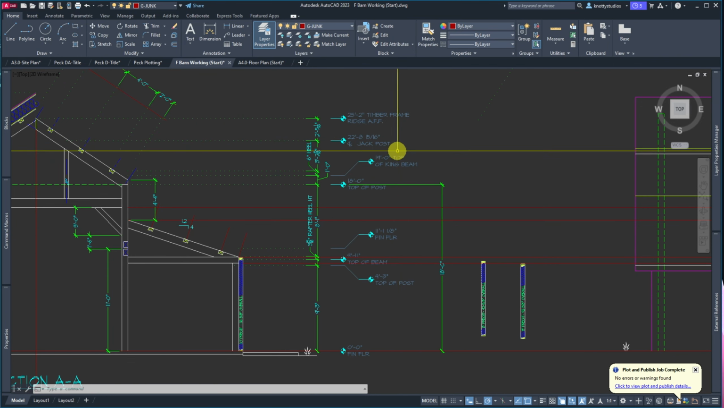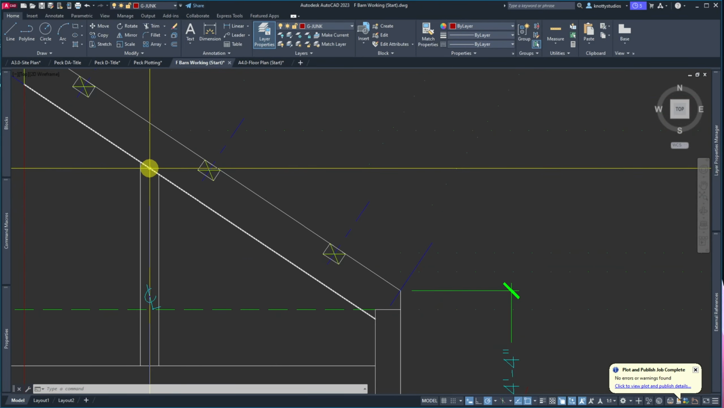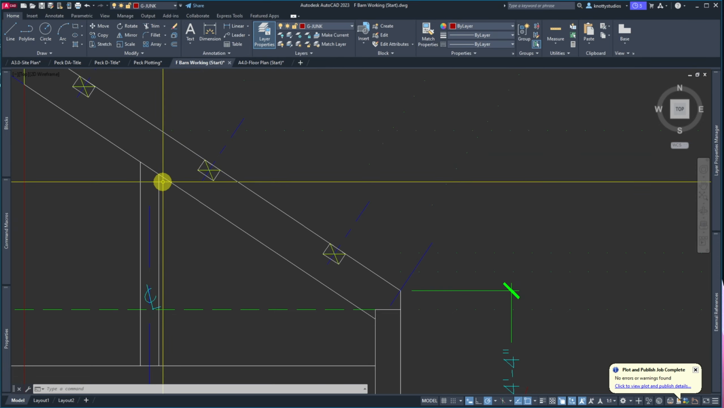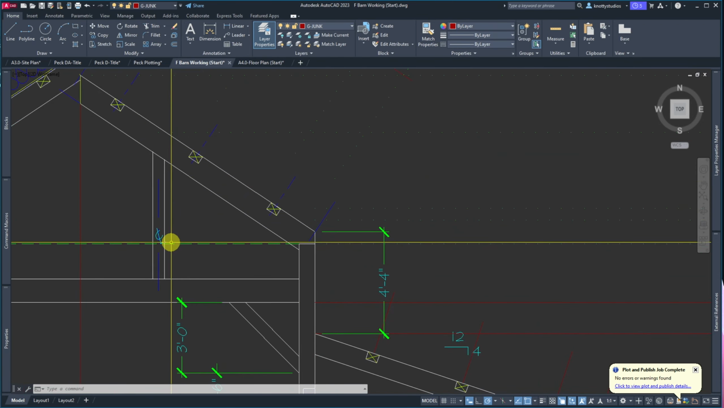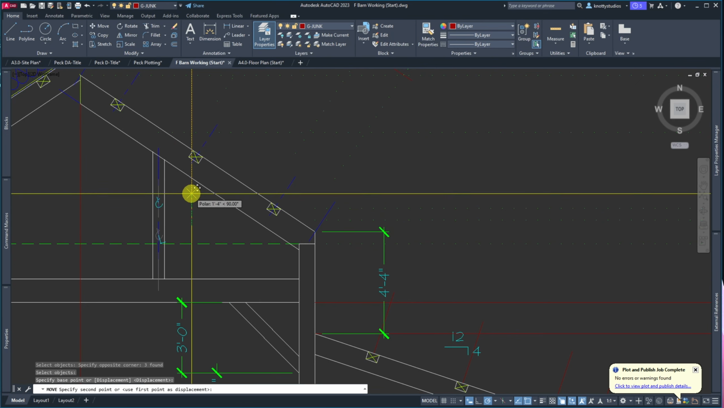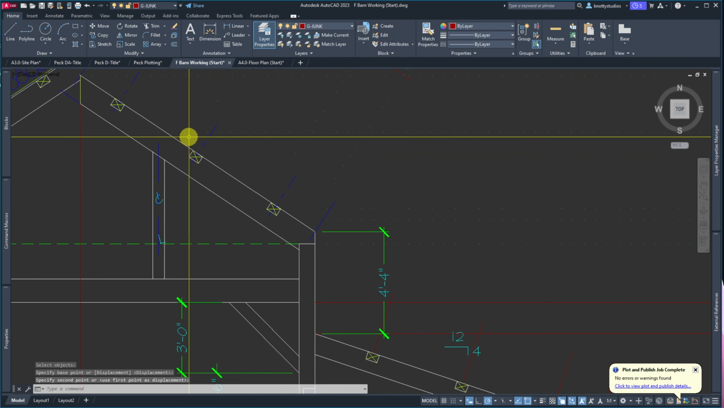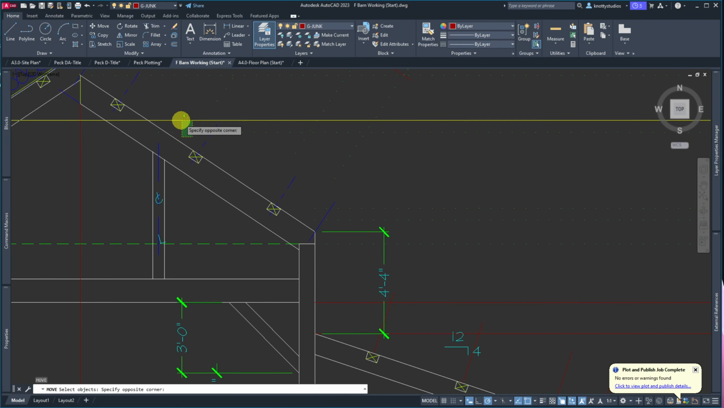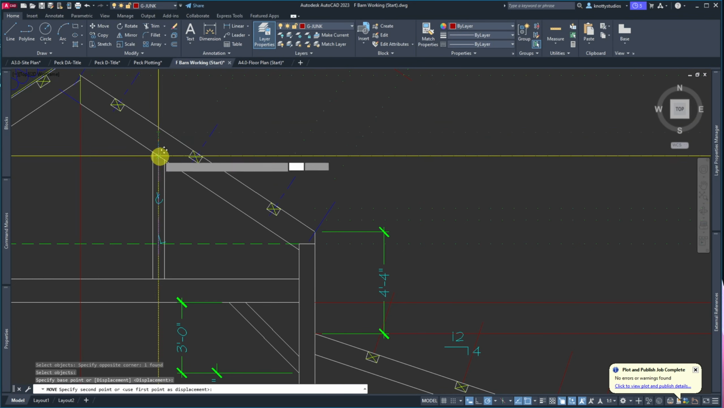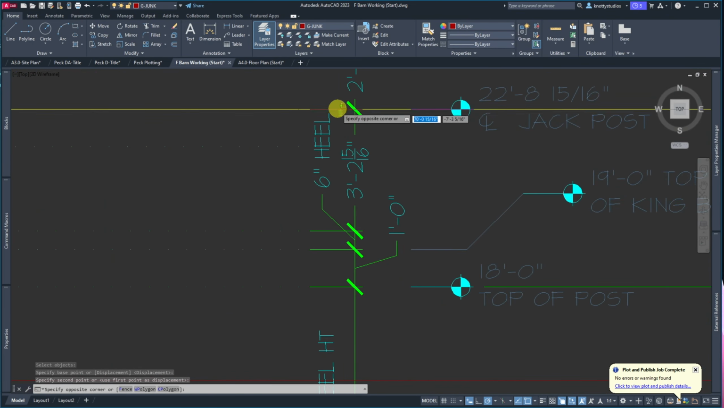I have a jack post. So this is going to the center line of the jack post. So I'll have to determine where that hits, which is down here. So I just move this up until it penetrates there. Now I can move that from there to there. And then this guy,